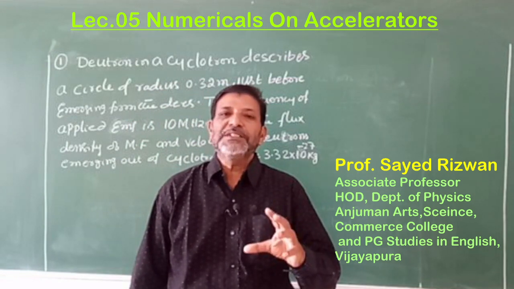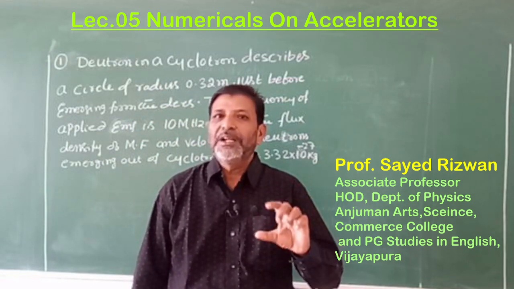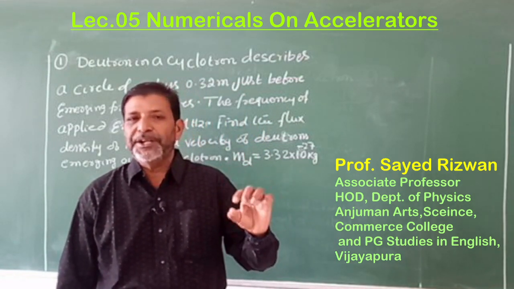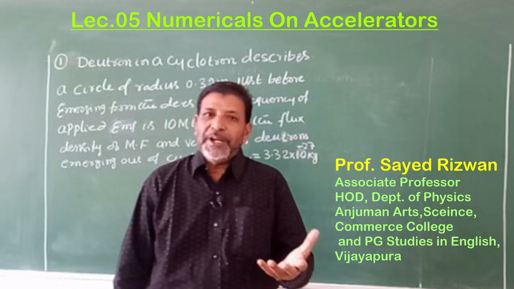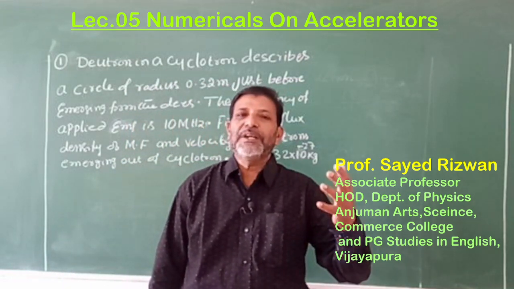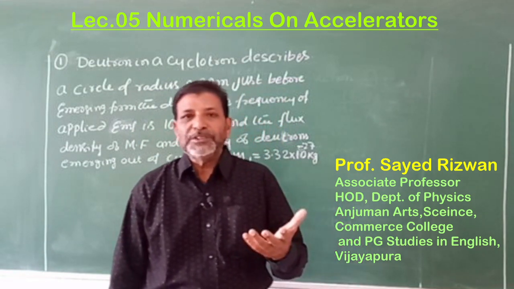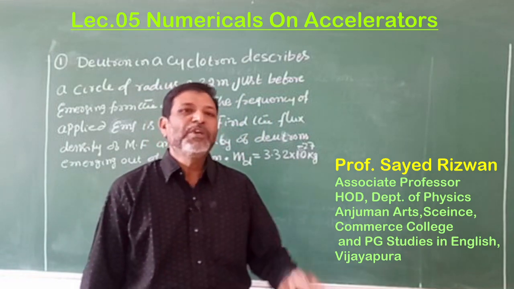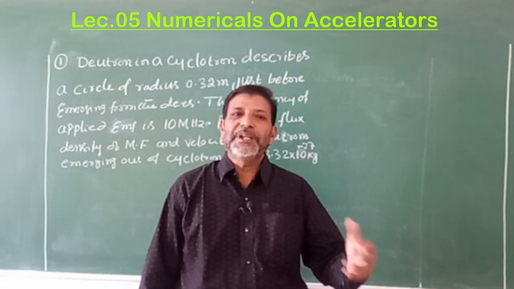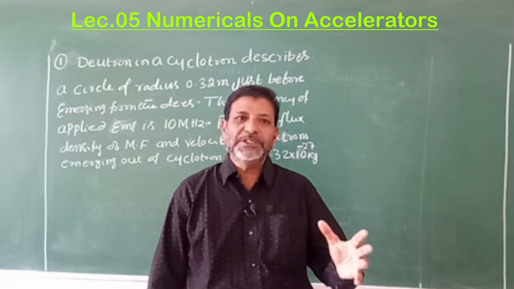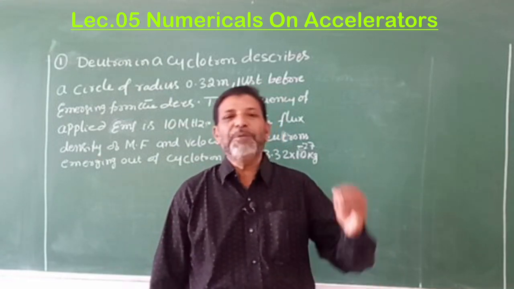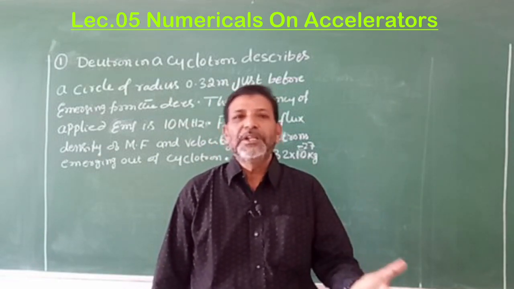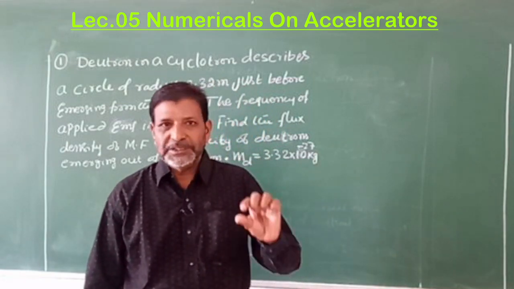One is that by using this GM counter, we cannot find the nature of the particles emitted by a radioactive source. As you know, a radioactive source emits alpha, beta, gamma. Alpha is positively charged, beta negative, gamma neutral. By using this GM counter, we cannot identify whether it is an alpha particle, beta particle, or gamma particle. We can just count how many particles are entering it in a given time. It may be alpha, beta, gamma, or whatever it may be. This is one limitation.